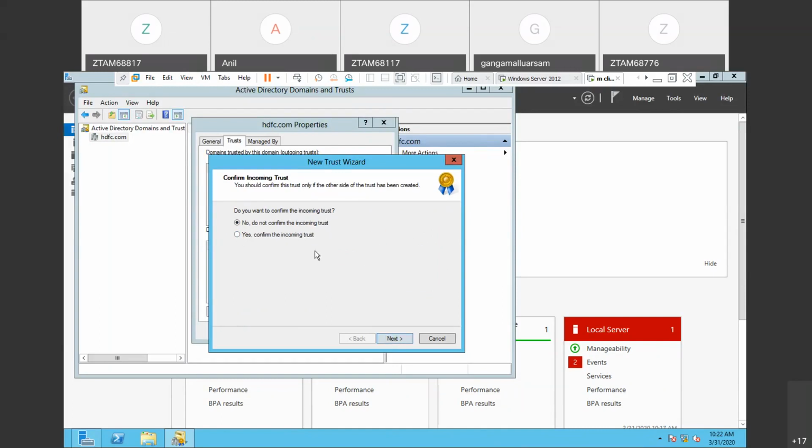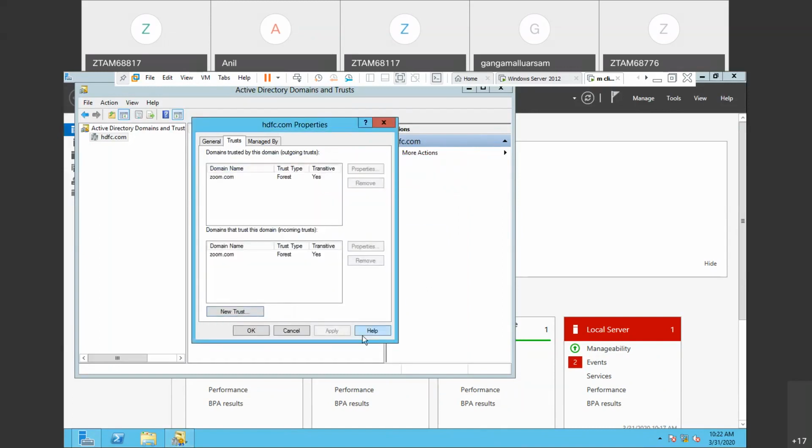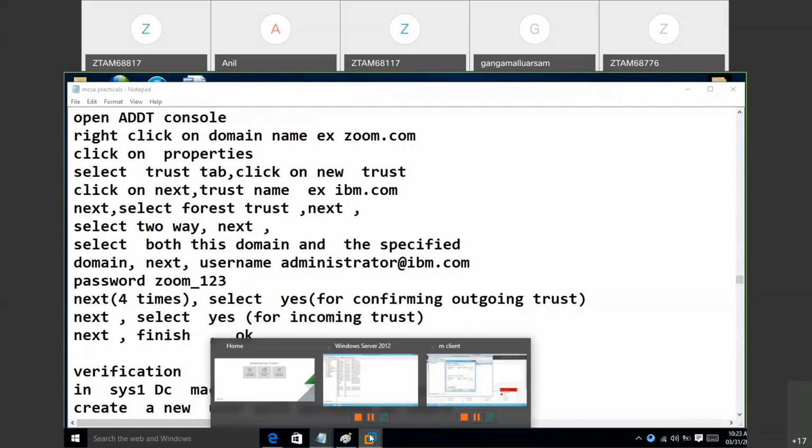Then it is asking incoming also you want? Yes. You have to say yes, yes. Finished. Now see whatever I have done here, you can see from the notes. I selected here Next four times, then yes, yes. Now finish. Okay. Over. The practical was simple, but the setup is